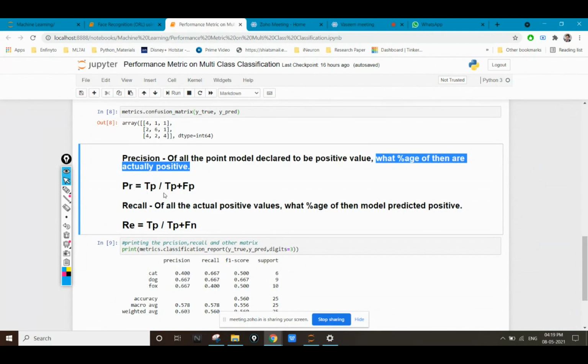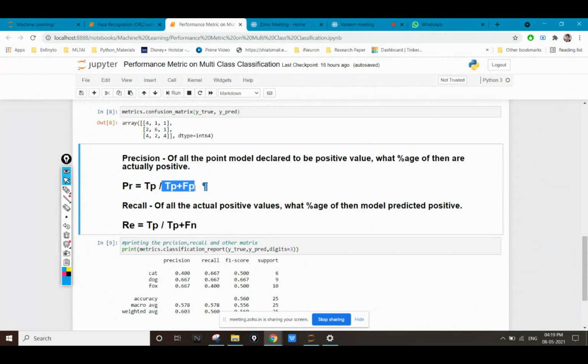That's how I calculate my precision. True positive means all the positive values my model is able to predict, and false positive means the values which were actually negative but my model predicted as positive.